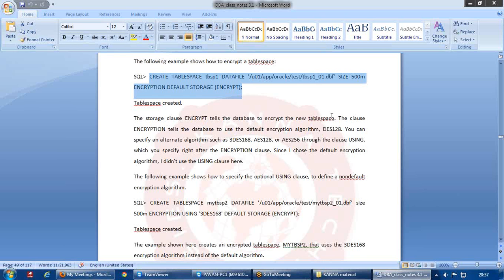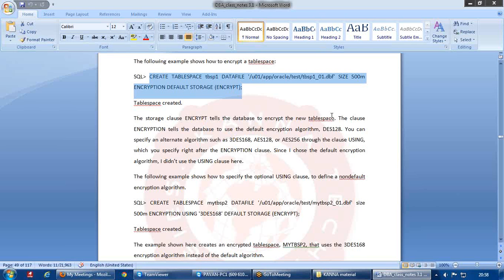In the next line you write encryption default storage, and in the bracket you say encrypt. That means you want the table space you are going to create to be in encrypted mode.